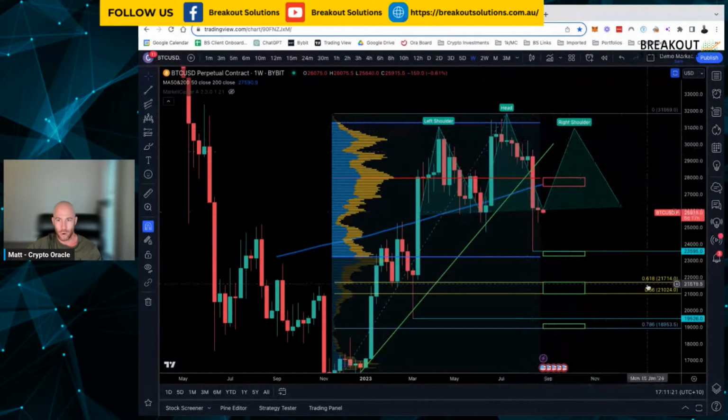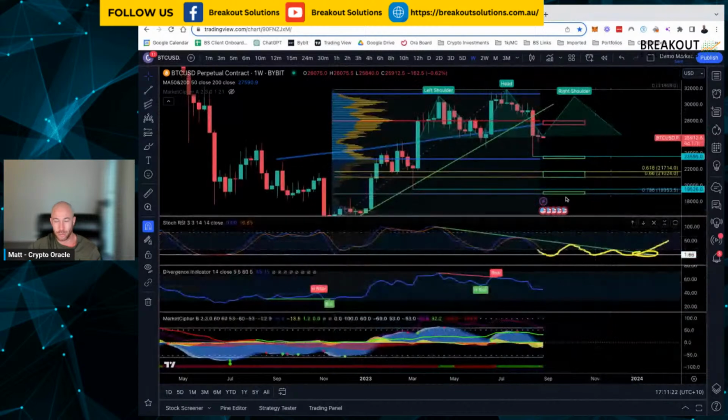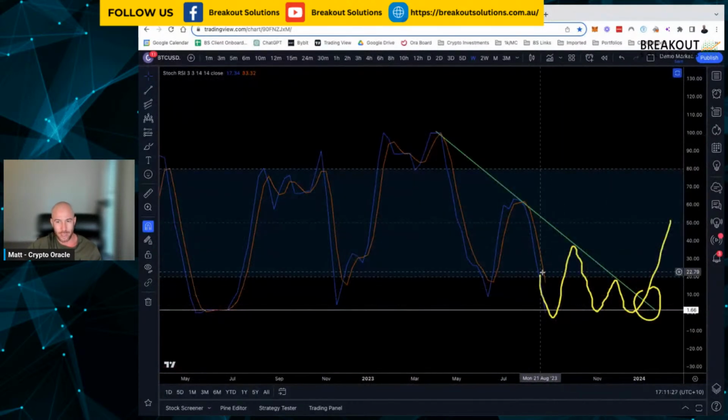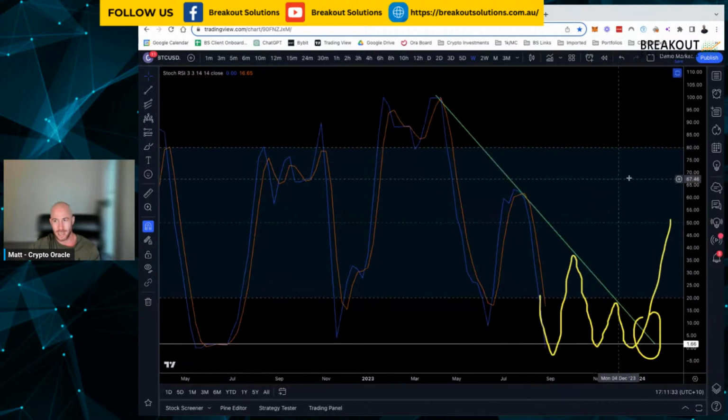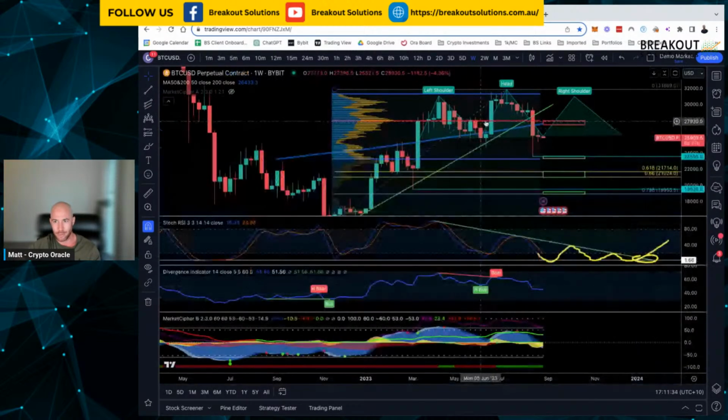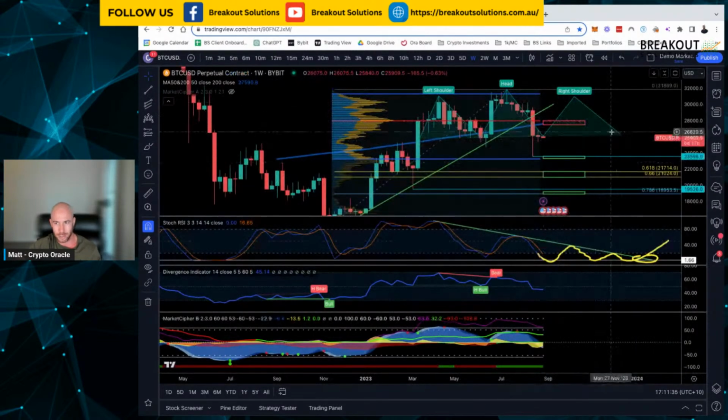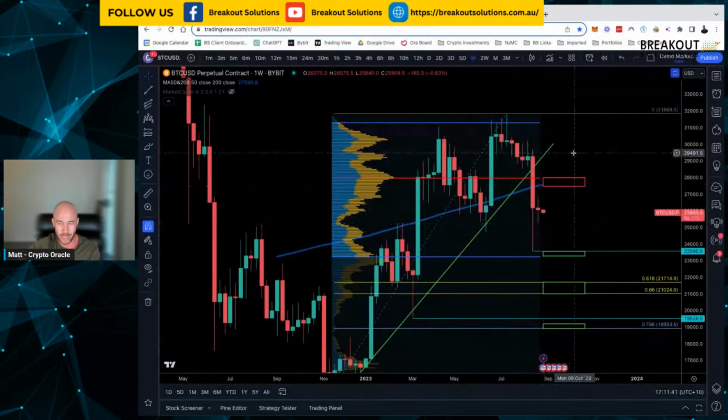So I could definitely see us do this, just pushing up from here, maybe getting rejected at the value area high, rolling over, doing this head and shoulders, which would match up perfectly with what's happening with the stochastic RSI. We'd get a bounce, okay? That would be a bounce in price action. We would get a push to the upside, create that right shoulder, and then come down. But it's way too early to talk about head and shoulders because we haven't even started really forming that right